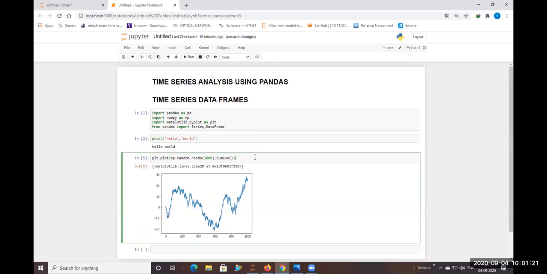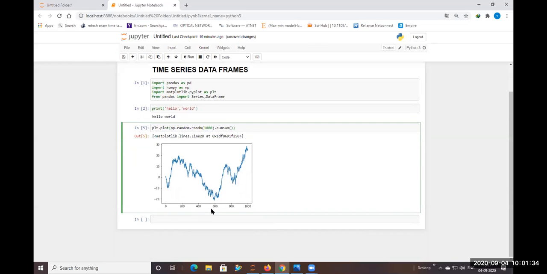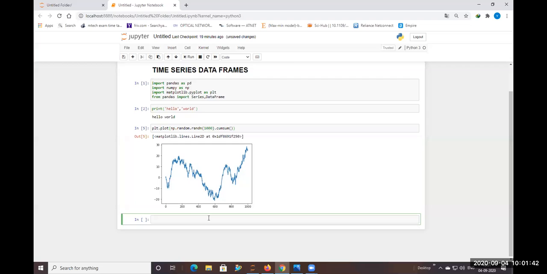So now you can see this plt.plot of numpy.random.randn, a set of 1,000 values which I've called upon, represented as a graphical visualization. And now let me represent some series of data.